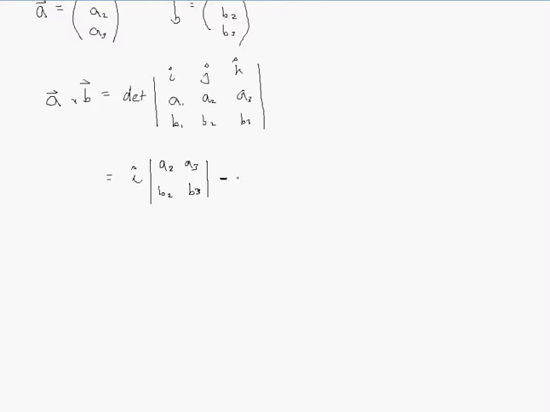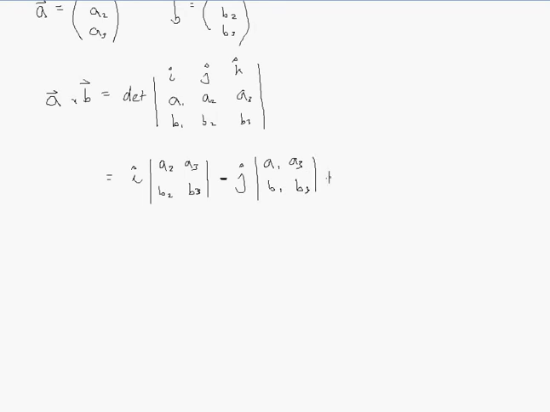subtracted from the J unit vector, and imagine you draw a line straight through here and here, and then take the determinant of everything that's left. Those would be the 2 elements on the left and the 2 elements on the right, and that would be A1, A3, B1, B3,